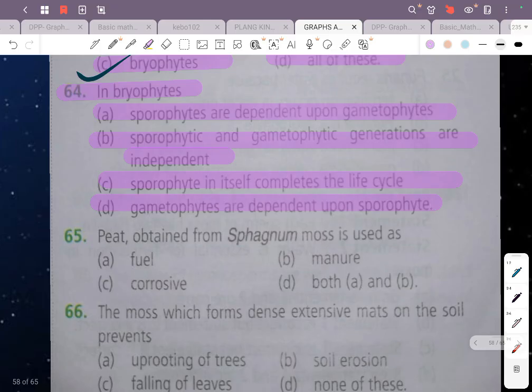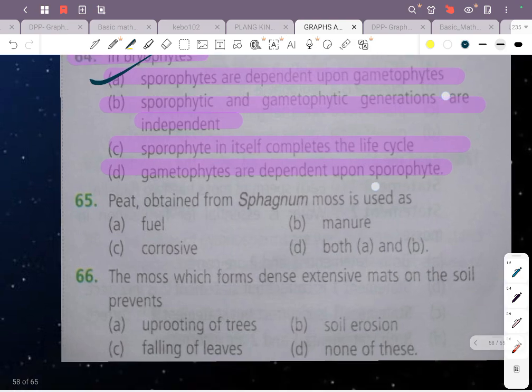What do you think? Now we clearly know that in bryophytes, sporophytes are actually dependent upon the gametophytes because the gametophytic plant body is the dominant phase, right? Gametophyte is the dominant phase and sporophyte is either partially parasitic or completely parasitic. I have been sounding like a broken record since the last couple of questions, so I really hope that it has registered well into your heads. Okay, moving on to the next question.